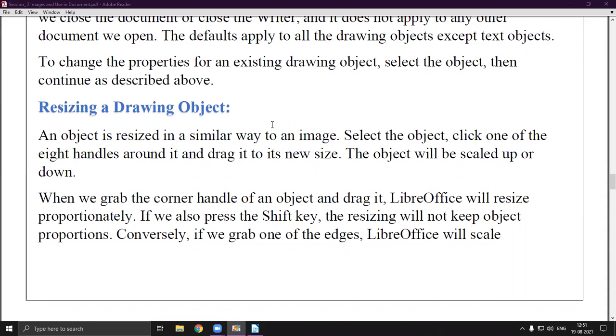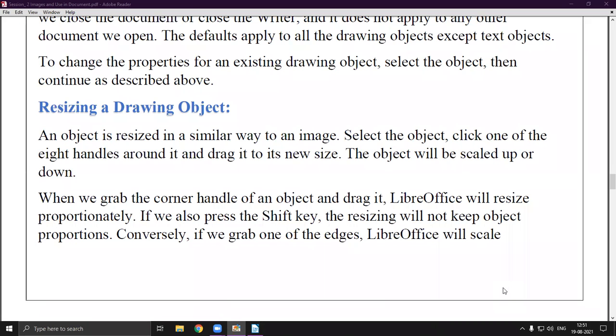When we grab the corner handle of an object and drag it, LibreOffice will resize proportionately. That means if we drag it as we want, LibreOffice will automatically do everything and set the objects accordingly, so it will look nice and decent in our document. If we also press the shift key, the resizing will not keep the object proportion.